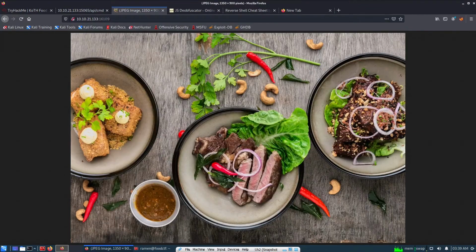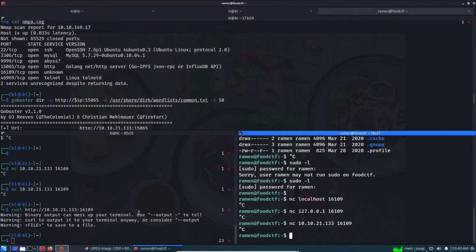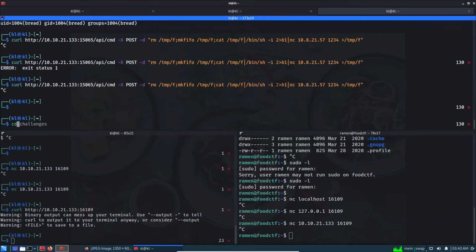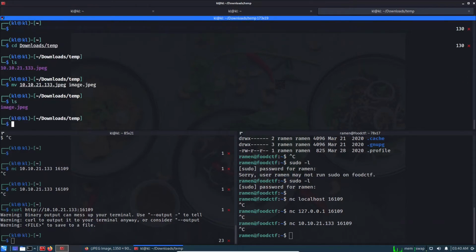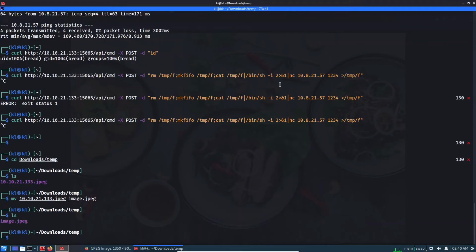Downloads temp, save, and if I go to cd slash download slash temp, ls, and let's change the name to image.jpg. Yep, nice. So we can check some tools here, like steghide or binwalk I guess,